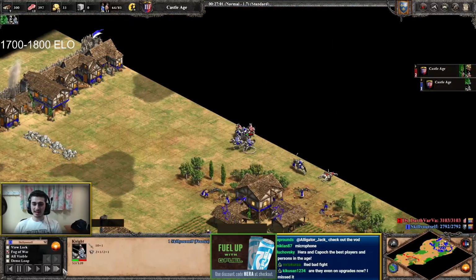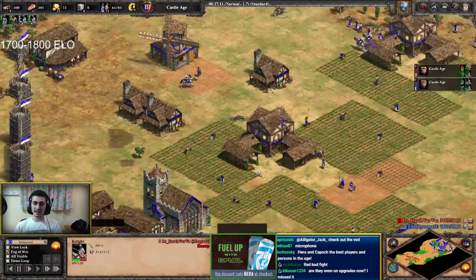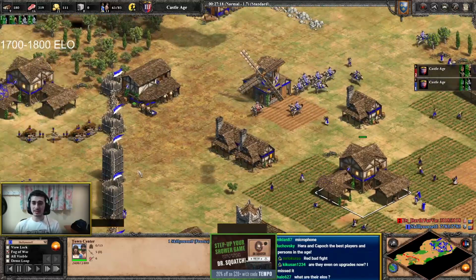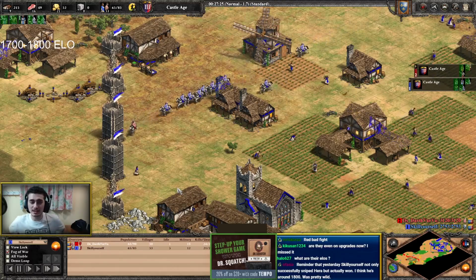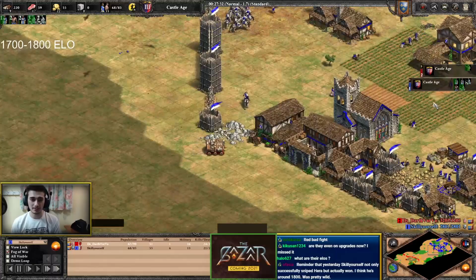Are they even on upgrades now? So Skill Yourself is still missing 2 upgrades. But again, that's not really Skill Yourself's fault. That's because Magus gets free attack and because Red stayed 1 TC. So Skill Yourself, despite being on the defensive, is actually, in my opinion, ahead right now. He's ahead 3 villagers and he has 3 TC already set up. And he has more knights on the field currently. However,